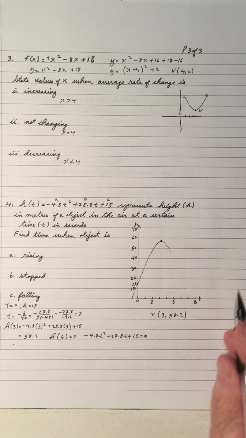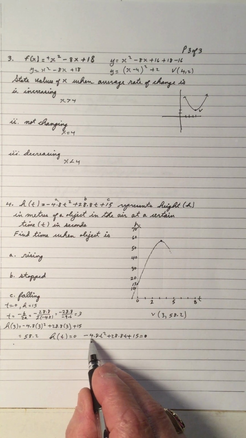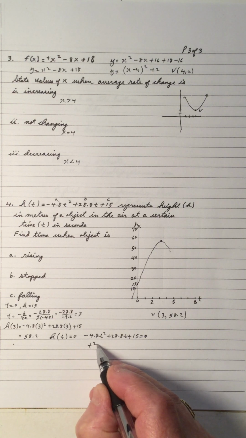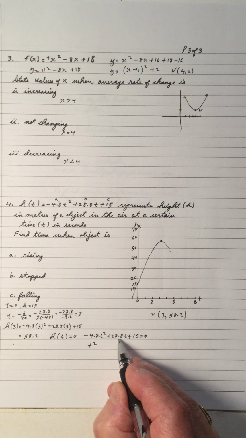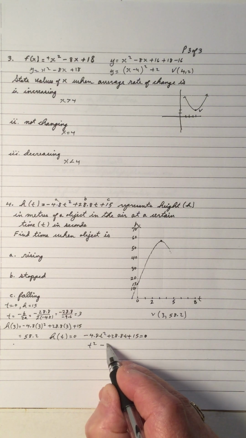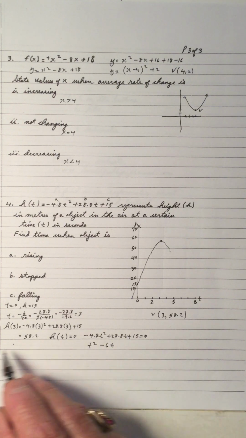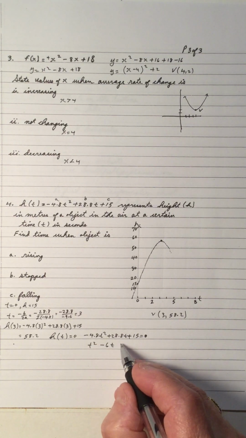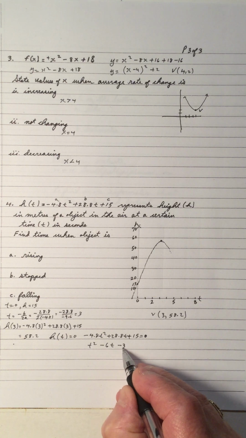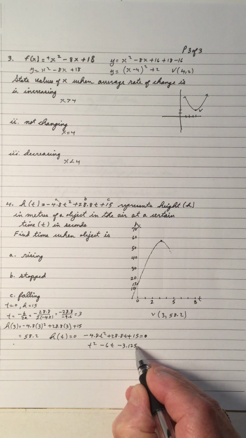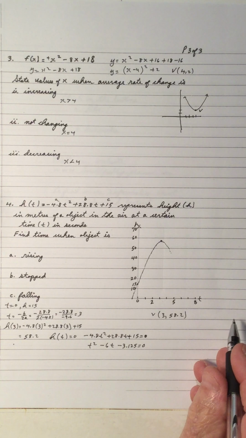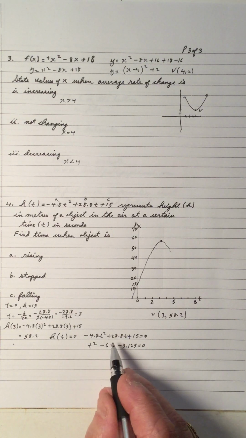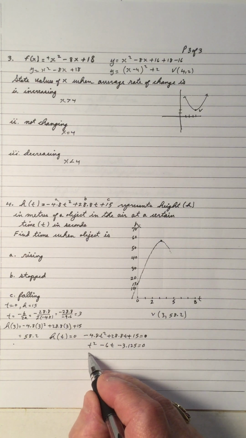So let's divide by 4.8. Negative 4.8 into t squared gives me t squared. Negative 4.8 into 28.8 gives me negative 6t. And 15 divided by negative 4.8 gives me negative 3.125. Now to make this simple, I wanted the a to be 1, which is a good thing to have. So I'm going to say,